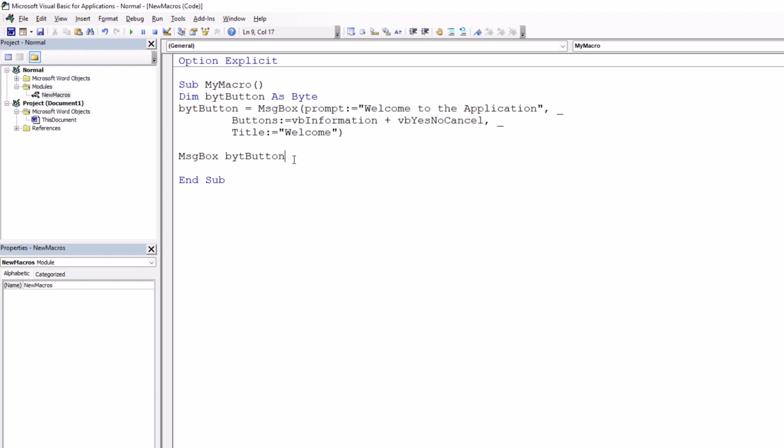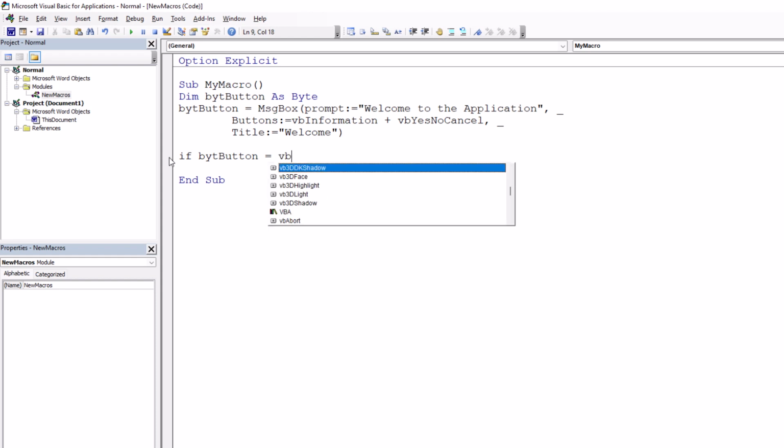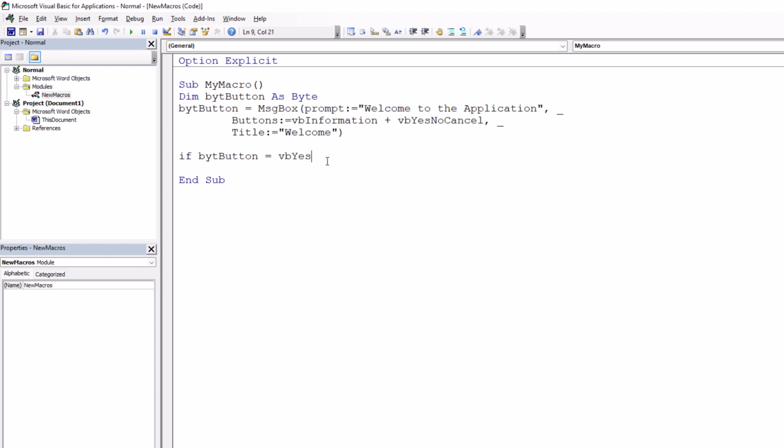But instead of that, we could also use the enums. For example, I say if the button result equal, let's say vbYes. Actually, it is working. Then MsgBox, you pressed yes button. Else if button equal to vbNo, then